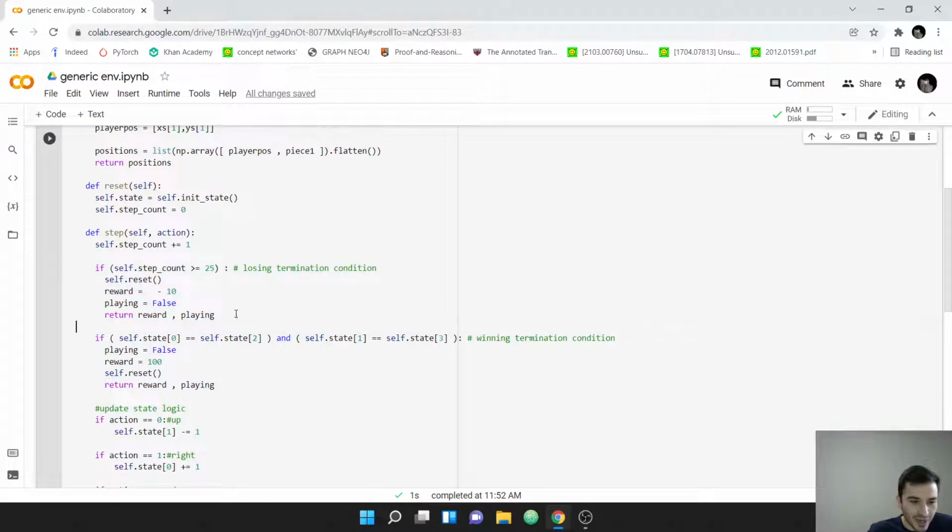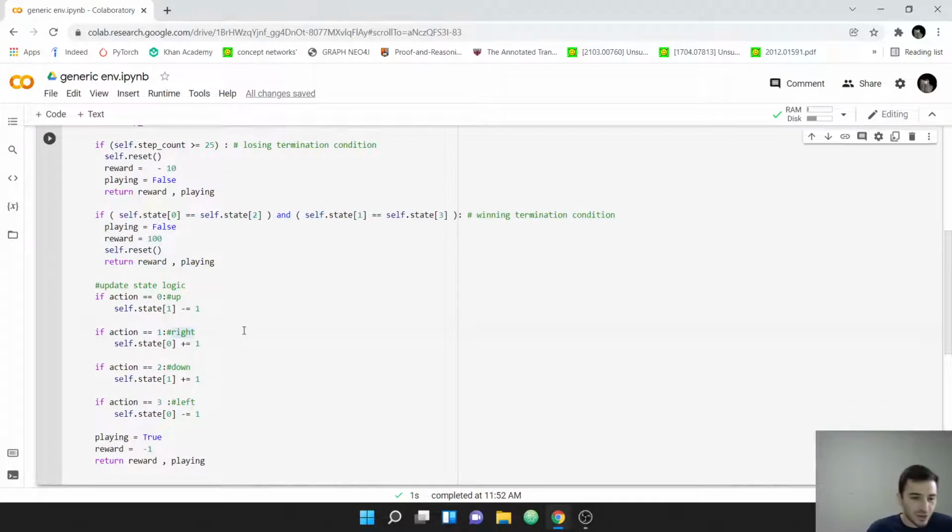And for other environments, you might have 10 losing conditions and 20 winning conditions, whether you get the goal, or you hit a certain number of points, or you get a certain number of checkpoints, or eliminate a certain number of whatever. Anyways,